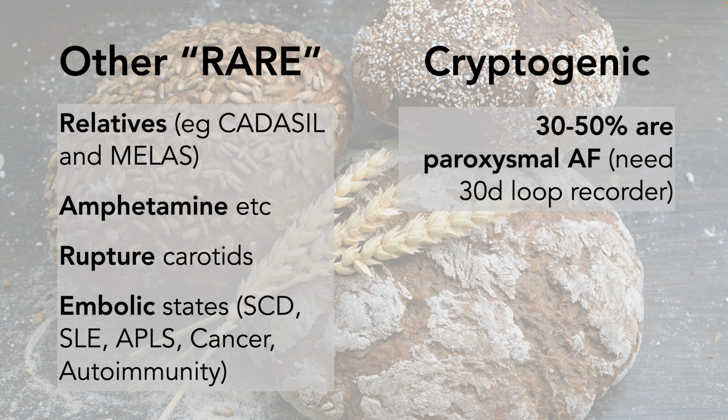Cryptogenic stroke, so this is 30 to 50% of all strokes, right, are because of one thing, paroxysmal AF. Sorry, 30 to 50% of cryptogenic strokes. And so the issue here is that you clock them in, you do an ECG, normal sinus rhythm, fine, it's not cardioembolic. They've no history of mechanical valves, they've not got any infectious endocarditis stigmata, goodbye. Here's the problem with that. A third to half of them actually have got paroxysmal AF that comes and goes, right?